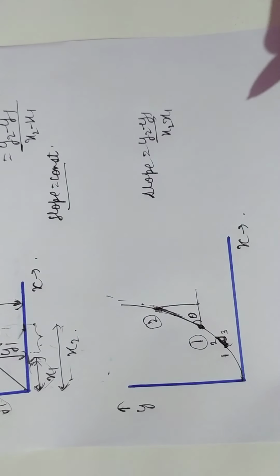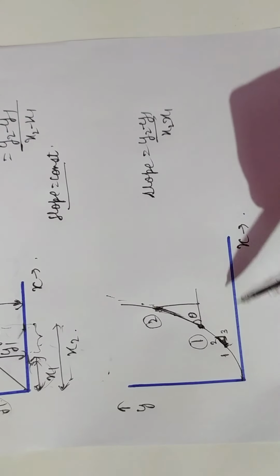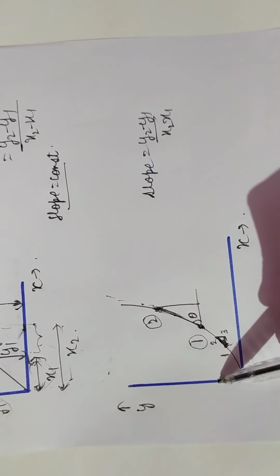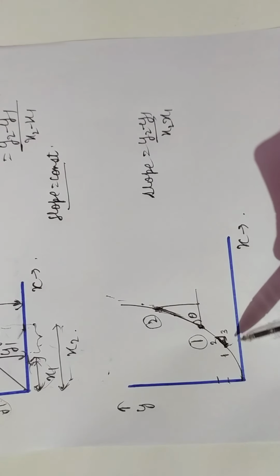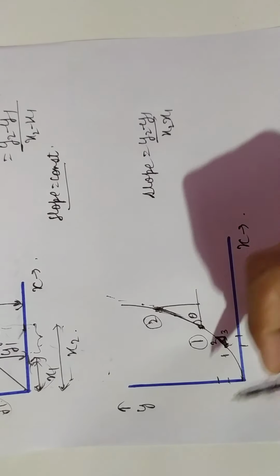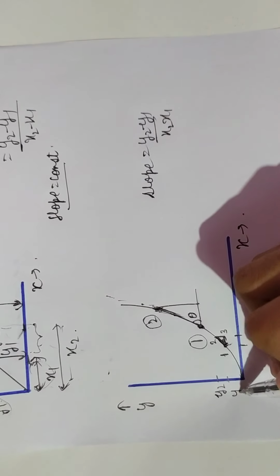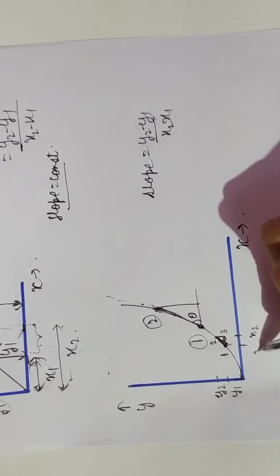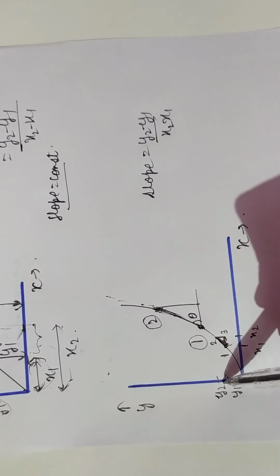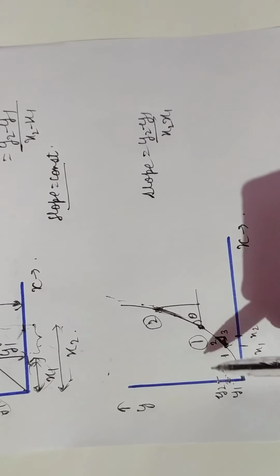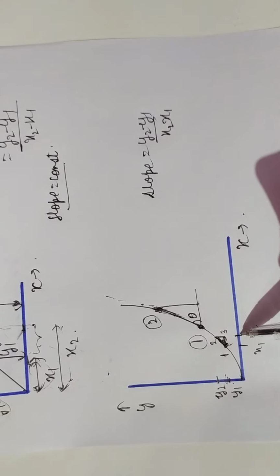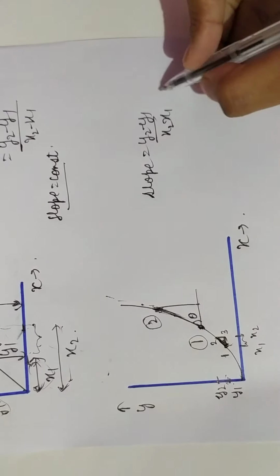Now we have seen one thing in this case. What is that? That the distance between y2 point and y1 point, and x2 point and x1 point. Okay, this was our y2 and this is y1, this is x2 and this is x1. So the distance between y2 and y1 is very small as compared to the earlier case, and same way the distance between x2 and x1 is also small. So what we can say, this is small.